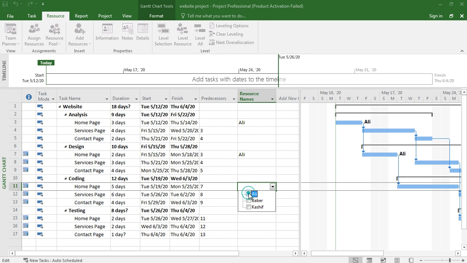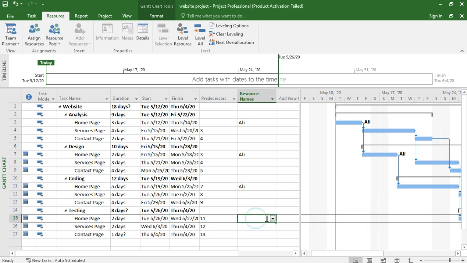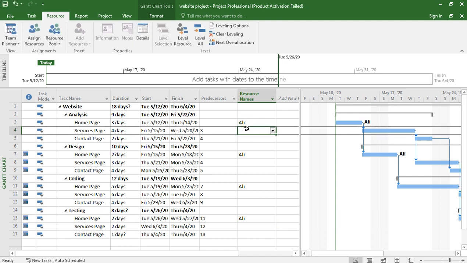This task will be performed by Ali, and he will design the home page. Ali will also code the home page, and Ali will also test the home page.